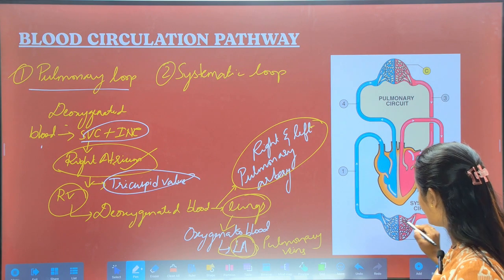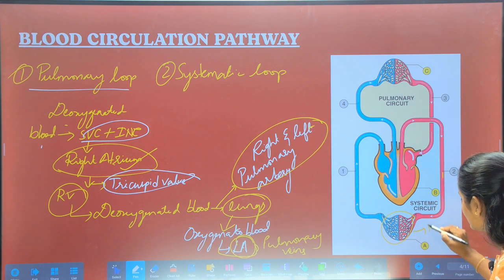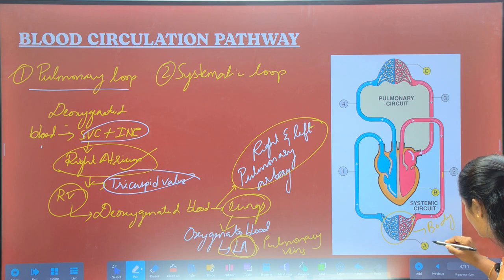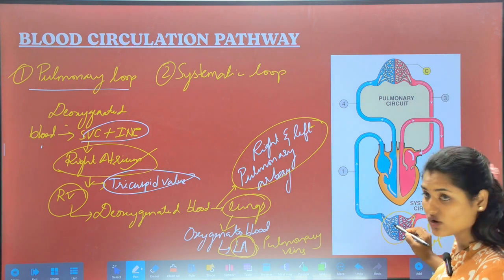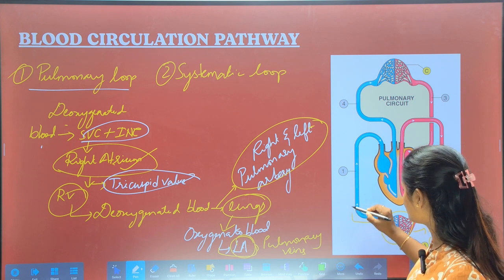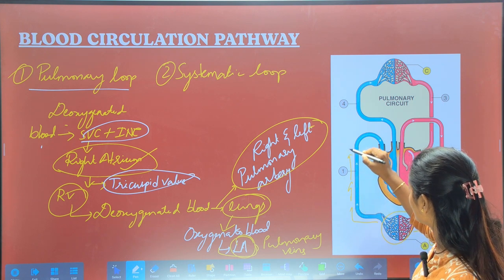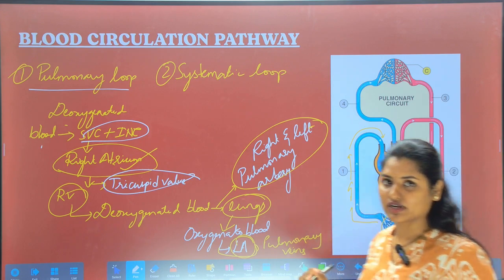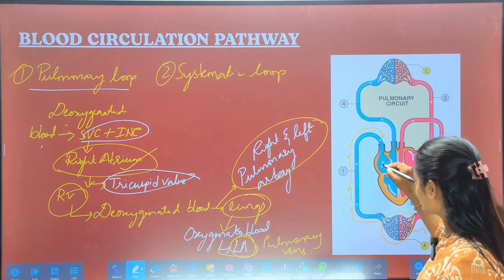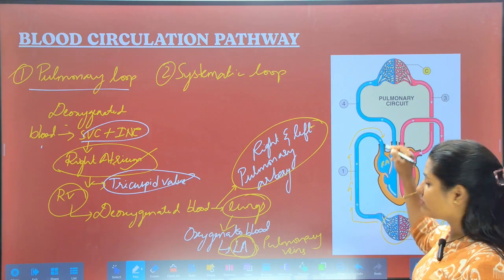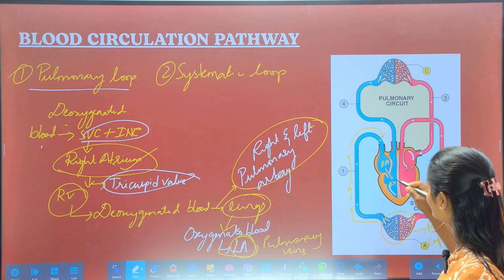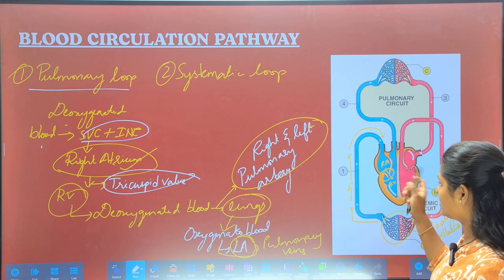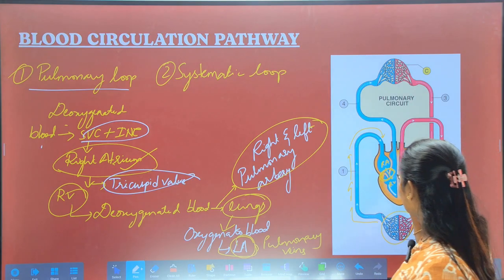So these are body capillaries. From here deoxygenated blood will pass to the superior vena cava and inferior vena cava to the right atrium. So this is the right atrium. And from here, blood passes to the right ventricle with the help of the tricuspid valve. So this is the tricuspid valve. And from here,